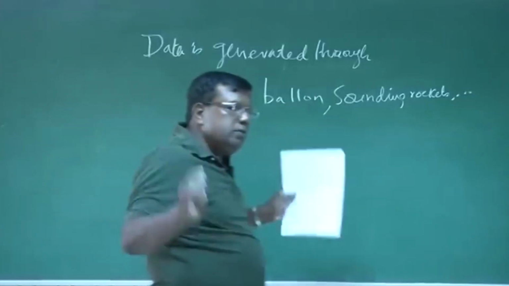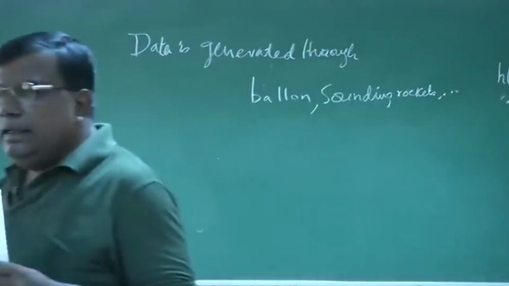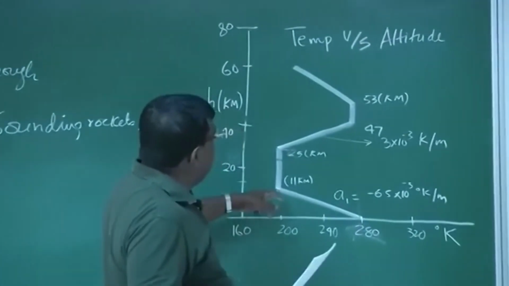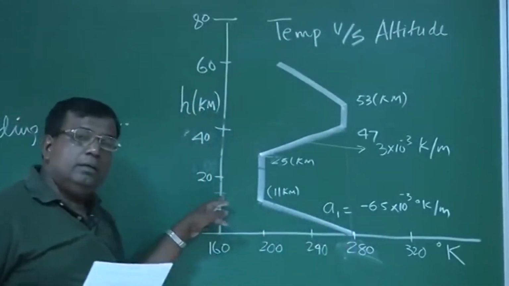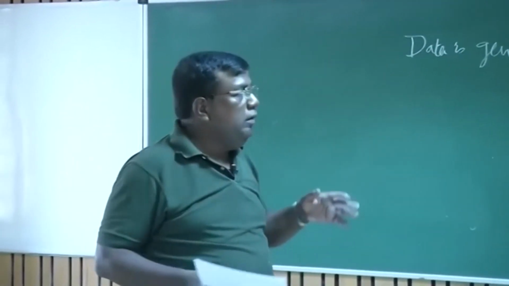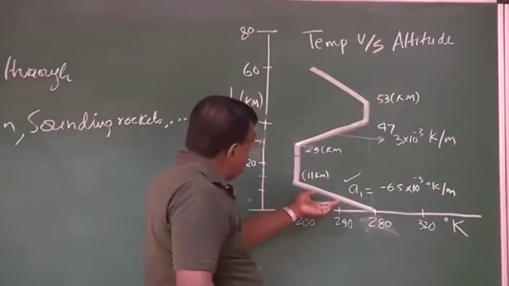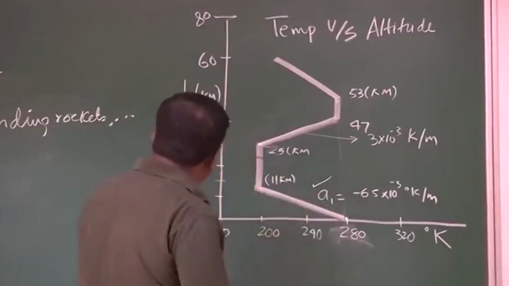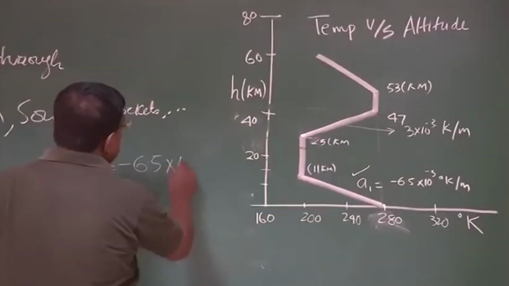Typically, if you take the average values of most of the relevant parts, you will find the temperature with altitude will vary like this. If I come here, up to let's say 11 kilometer, which is typically the tropopause, and most of our civilian jet engine airplanes will fly at around that 11 kilometer tropopause. Up to 11 kilometer, the variation is linear, and the lapse rate A1 is approximately 6.5 into 10 to the power minus 3